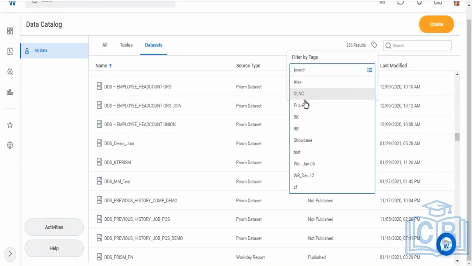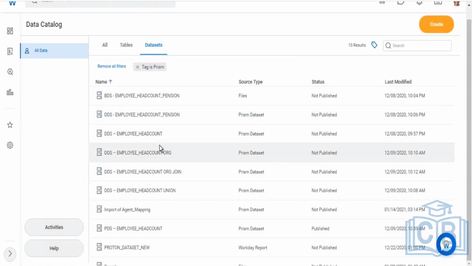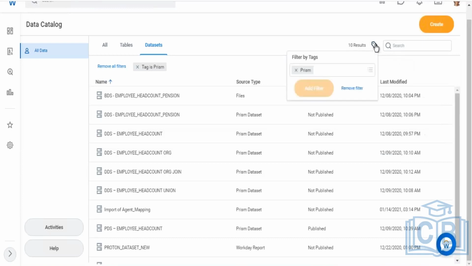So I'm filtering, let's say, on Prism, and it shows me all the objects which were created for Prism. So unlike your studio wherein you have the ability to link multiple integrations through an assembly project, here you don't have the ability. So in order to manage your data, it is recommended, it's a best practice that you define these tags,